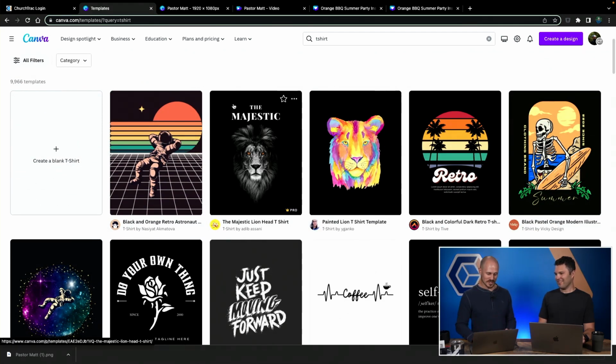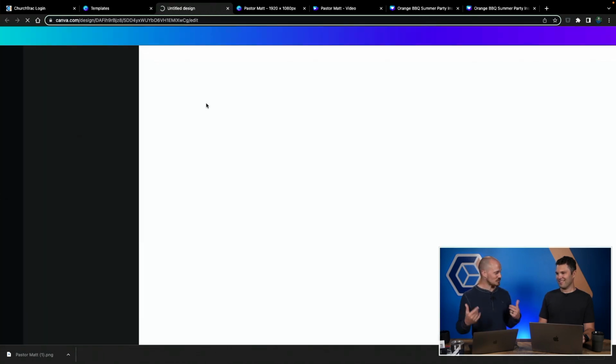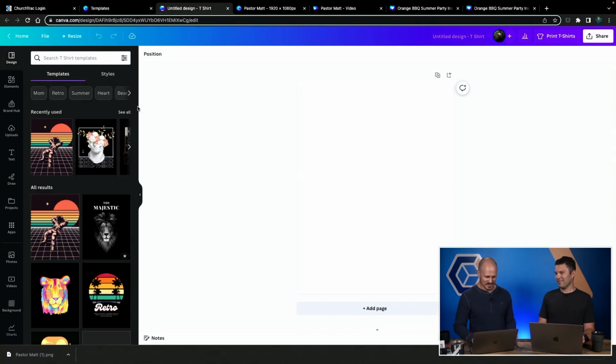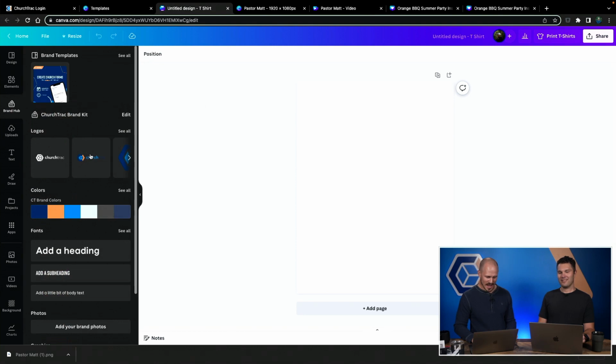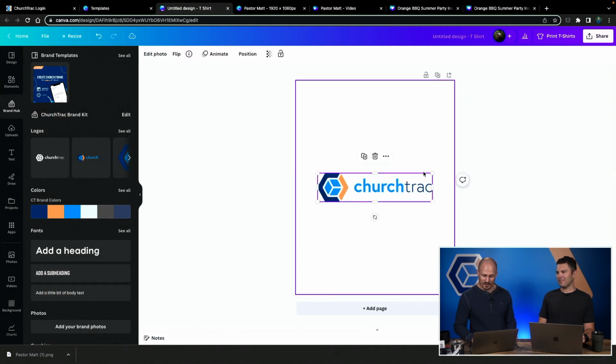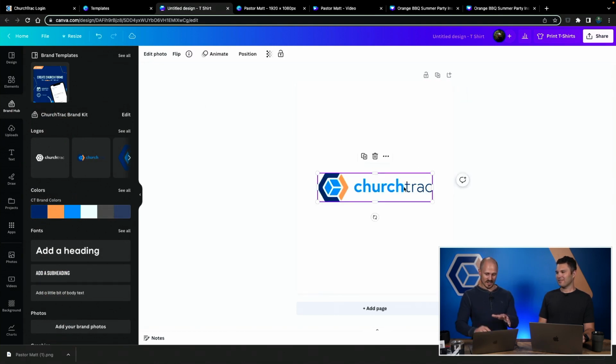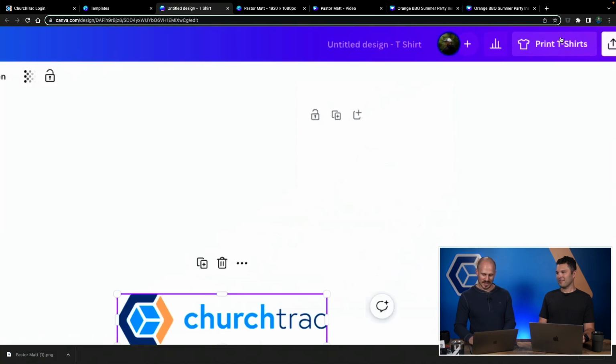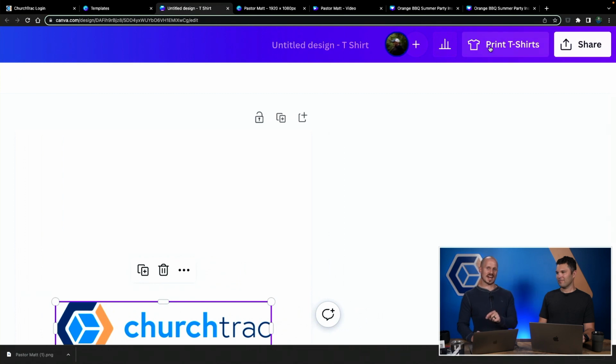But I can also just throw together something really basic, like if I just want a shirt with a logo. Yeah, you can do that. I can create a blank one, under Brand Hub, add the design, and then from here, this design is just here. I click the Print Shirts button in the top right-hand corner. And this is what's really cool about Canva. For most of the designs that I've made, you can order it through Canva, not just design it,